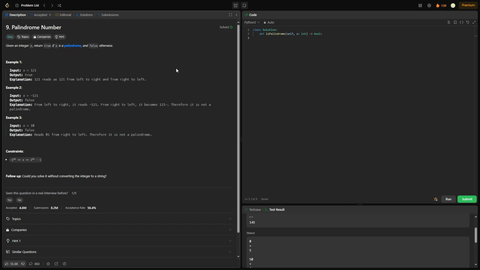Now, we can convert this integer to a string and just do a two-pointer approach, or just convert to a string and reverse it using the reverse function in Python. But it asks us if we can solve it without converting the integer to a string. So yeah, we're going to have to do that. So the way to kind of handle this